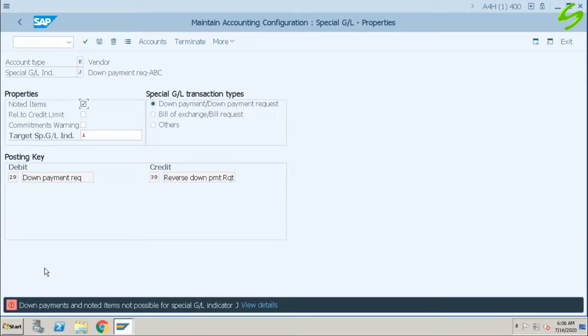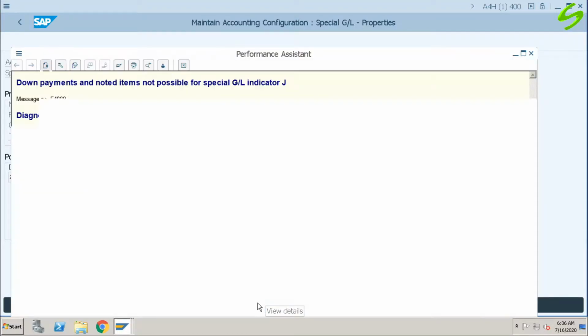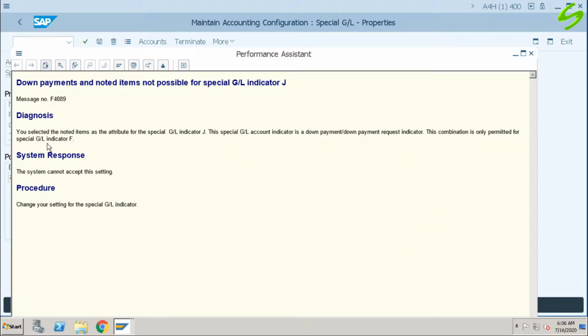You can see that the system displays an error message: down payments and noted items not possible for special GL indicator. If you look at more details, it says you selected the noted items as the attribute for the special GL indicator J. This special GL account indicator is the down payment or down payment request indicator.